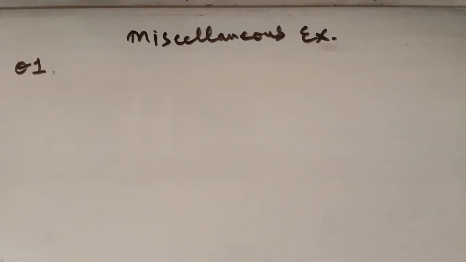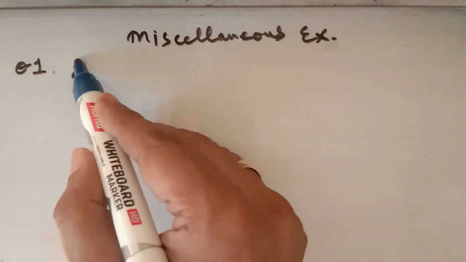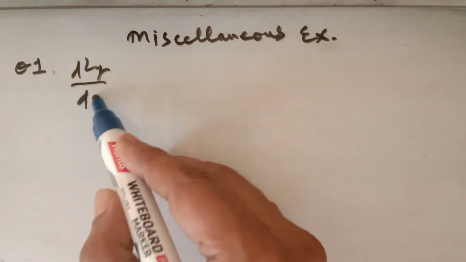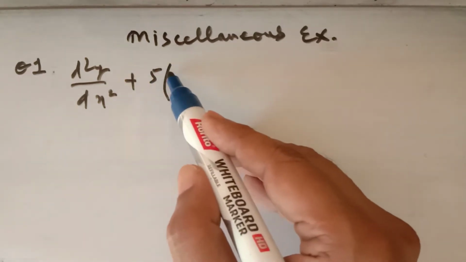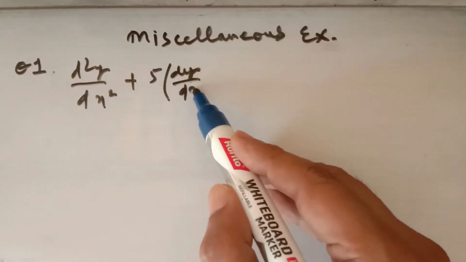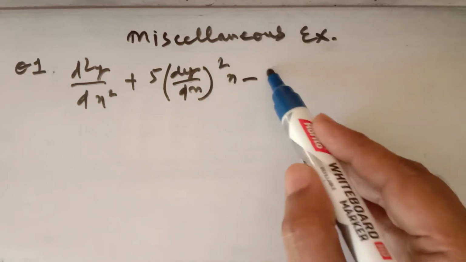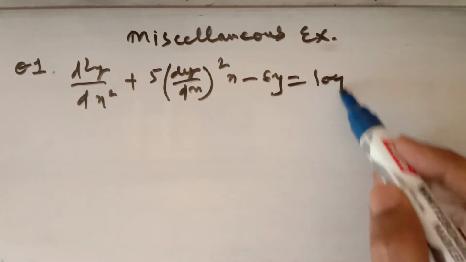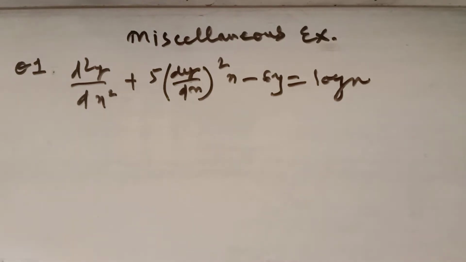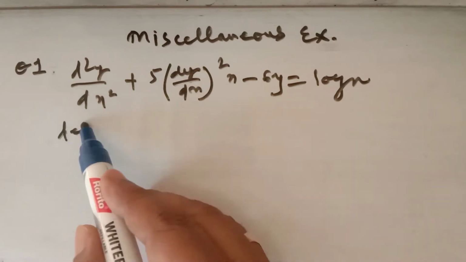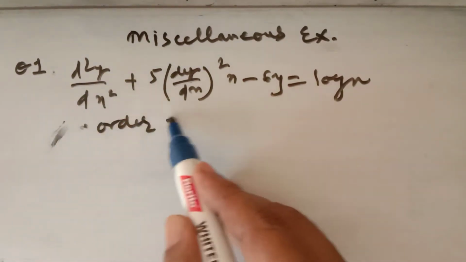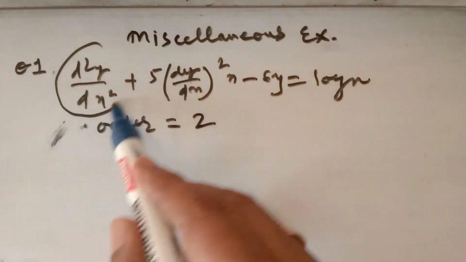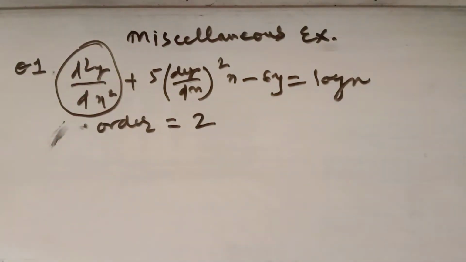following differential equations. The first is (d²y/dx²) plus 5 times (dy/dx) whole squared, x minus 6y is equal to log x. Now the order of the differential equation is the highest derivative in the differential equation. The order of this differential equation is 2 because the highest derivative here is the second order derivative, and the degree